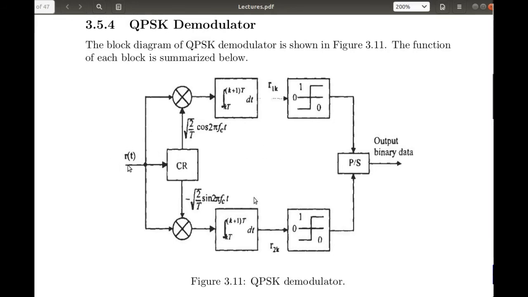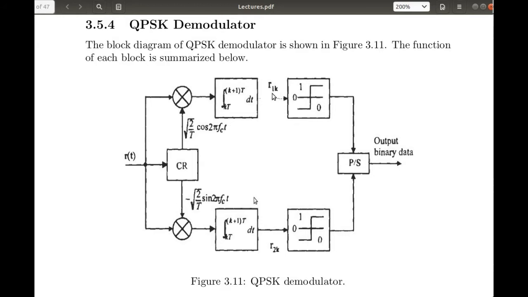Just to recall, we should have the received signal r(t), which is actually a QPSK modulated signal, because we are observing this demodulator in the absence of channel effects and noise. So an ideal demodulator will be observed in today's simulation. Now what we will do with that r(t), we will multiply it by our cosine carrier here, and this product will go to the integrator, and at the output of the integrator we have some